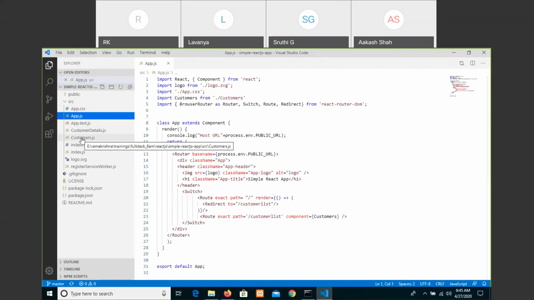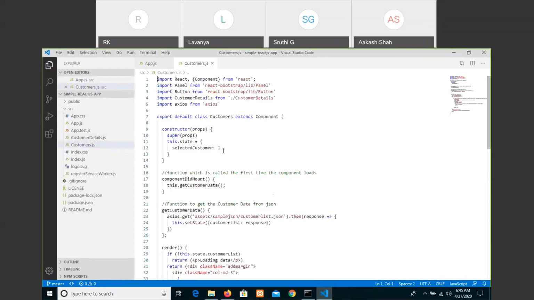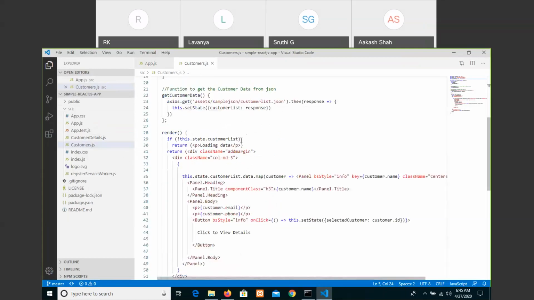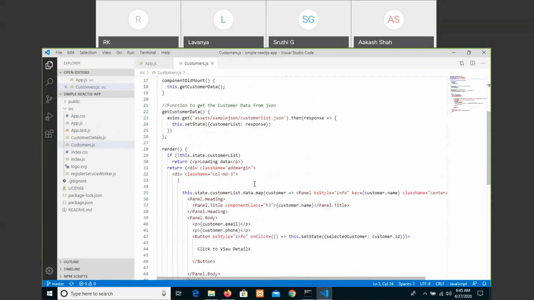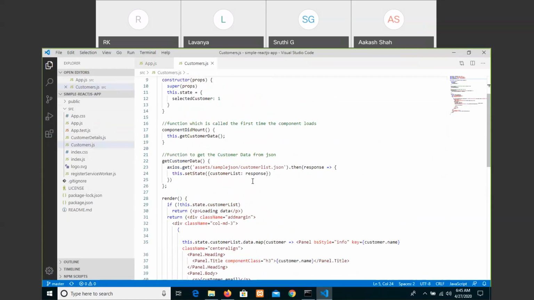First, what you have to do is enter into the customers. Here, these people have given React concepts and AXIOS. Here, they have even used the concept of Express.js also. The AXIOS combination is, we can say, fetching or sending a request and getting a response. Something they have done, do one thing, even download at your end, and they have given assets, sample JSON, customer list, JSON.